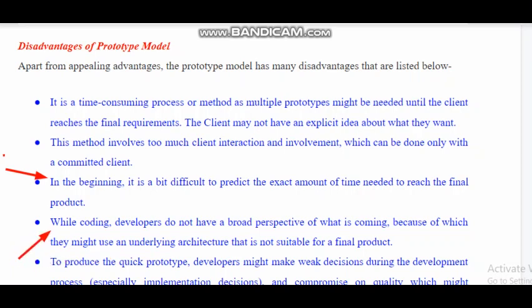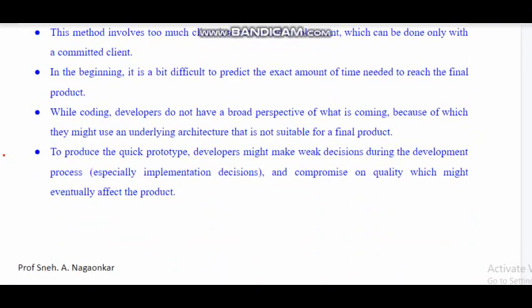So what exactly happens here at the initial stage? We have to assume the software and hardware requirements, as well as the part of coding, where we cannot say that this architecture is going to be the final architecture. So this is one drawback, where until we get the main functionality of the software product, we cannot finalize all the other requirements and architecture of our product. So sometimes it is quite a hectic job for coders, or you can say developers, until they finalize the architecture of the software.